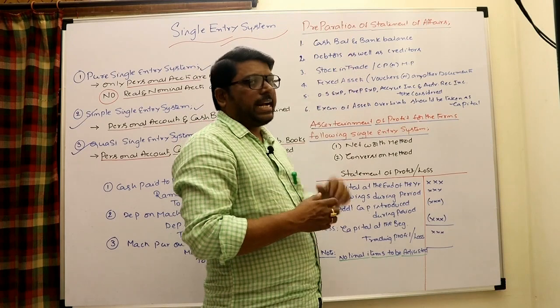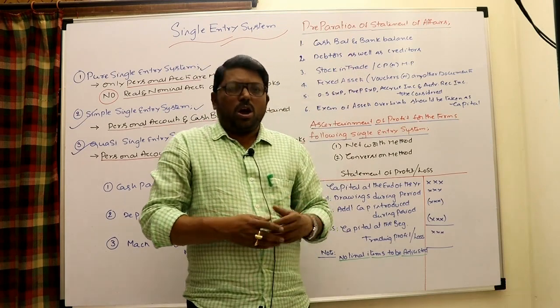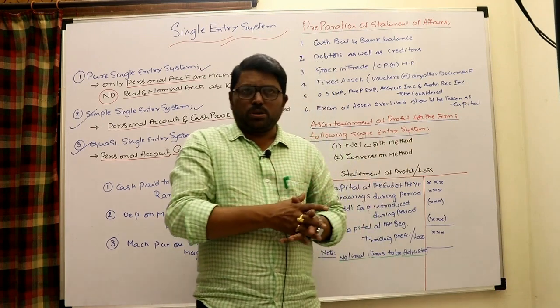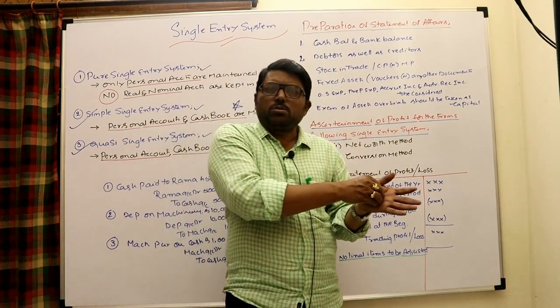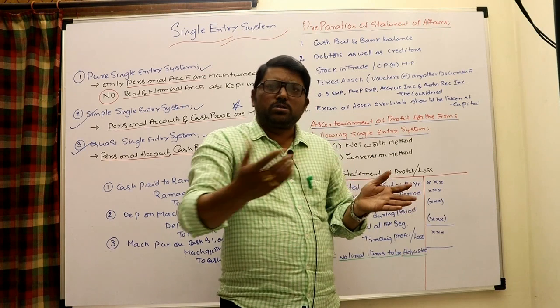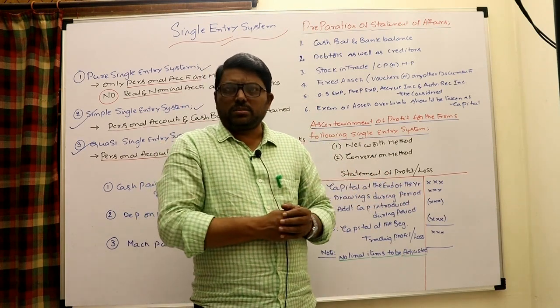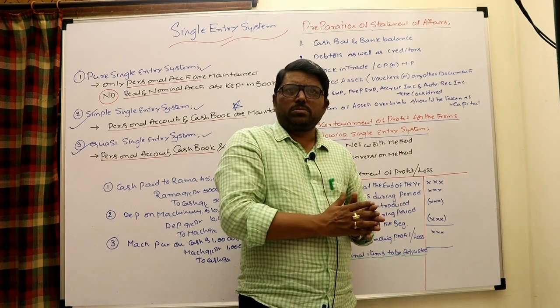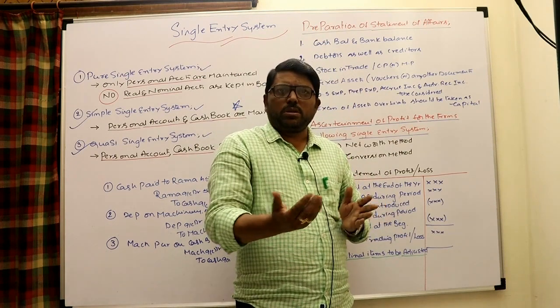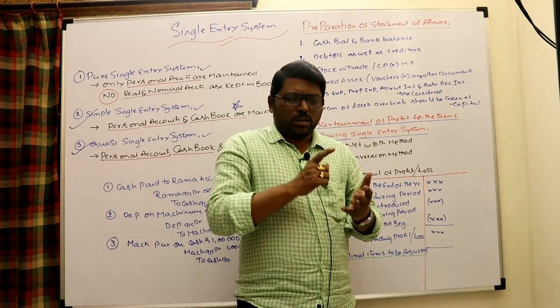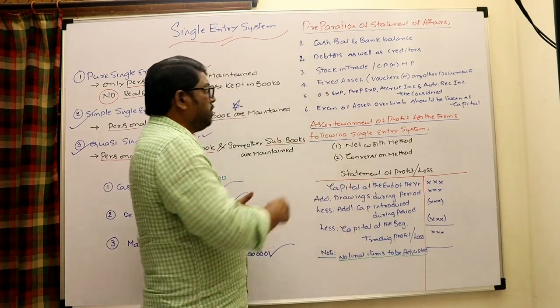First one, how to get the cash balance and bank balance. Already you are maintaining a cash book. You may maintain cash and bank columns also. So check your cash balance and also check what cash is in your hand. By considering that, you can take the cash balance. You are having bank columns. You can bring the bank passbook, compare both of them and take the bank balance also. Okay, you may take cash and bank balance in such a way.